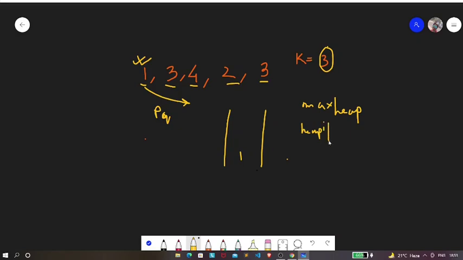After heapifying it, our 3 will come over here because our 3 is greater than 1. And next we are going to push this 4. So after heapifying it, our 4 will become the top of the priority queue. And next again we are going to push 2. So if we push 2, then again